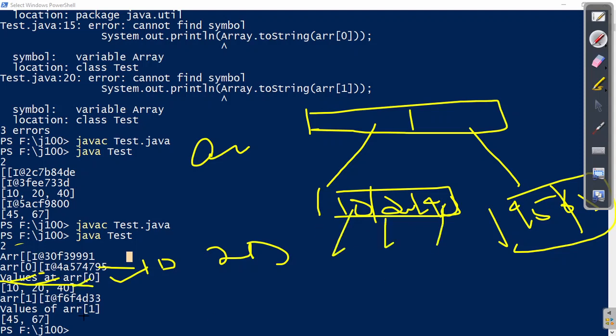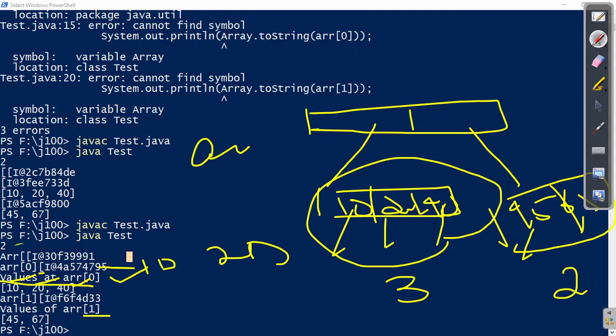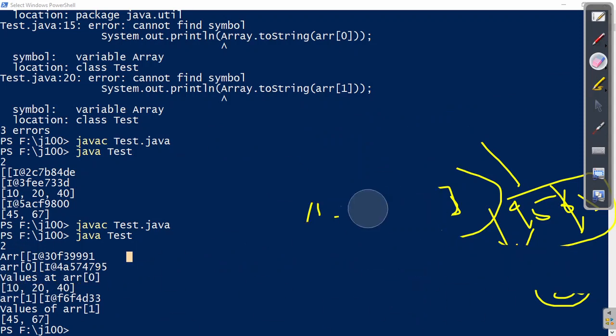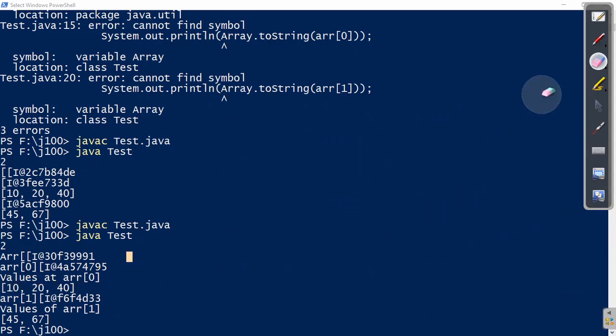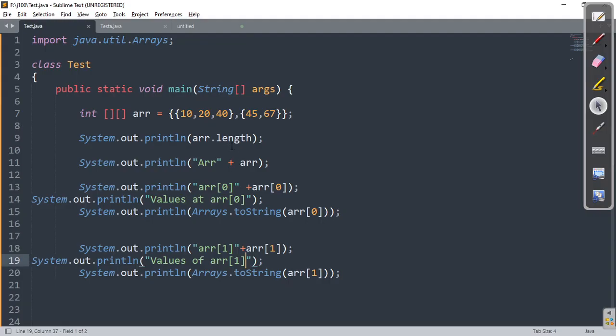Value at ARR 1 is 45, 67. Means the first one will contain 3 cells, the second one will contain 2 cells. So now the size can be different as per our requirement, and this is a beautiful concept produced by Java to manage memory wastage while using arrays, right?